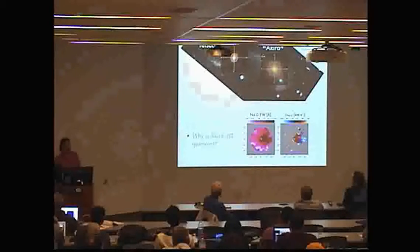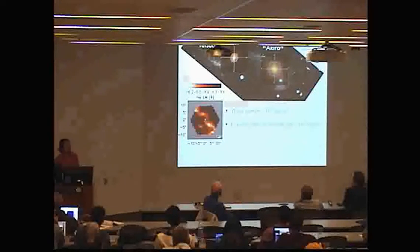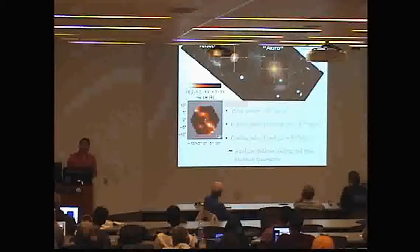Well, we find that the power of this AGN-driven wind is about 10 to the 39 ergs per second, while the cooling rate of the ionized gas is about 10 to the 38 ergs per second, and the cooling rate of the cool gas is about 10 to the 39 ergs per second. Thus, this AGN-driven wind can balance the cooling of gas within Akhira, meaning that this AGN feedback can suppress star formation and